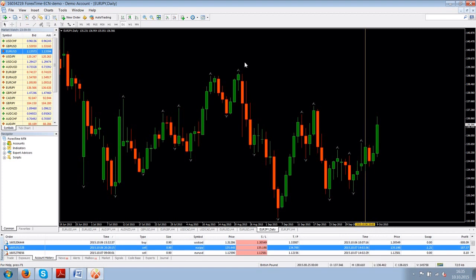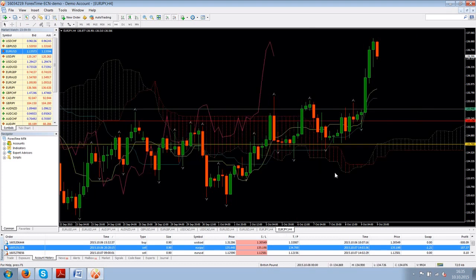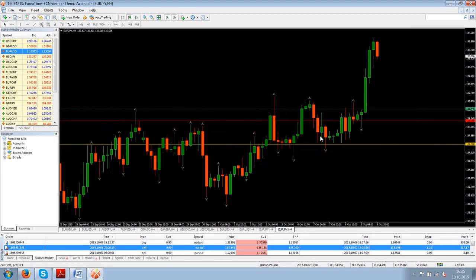So this trade was a market order. The trade started from right here, from this candle right here. Let me take Ichimoku off the chart. So the green line again, the price where we have entered. The gold line, this one right here, the take profit. The red line, this is the stop loss when we have moved it in profit.